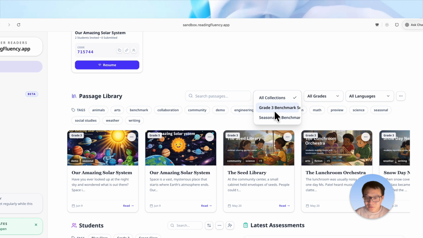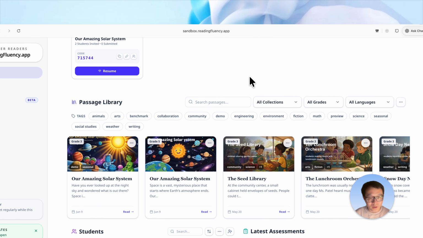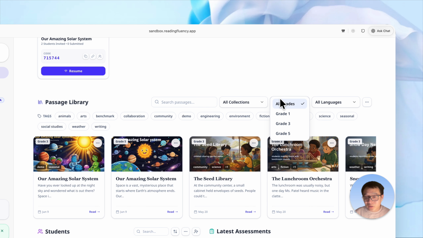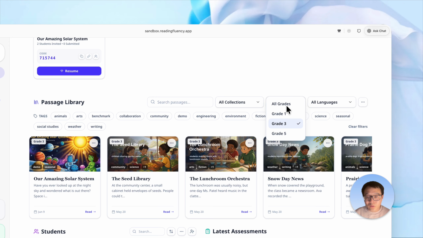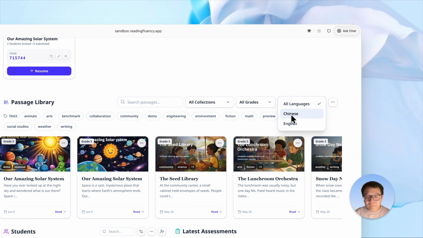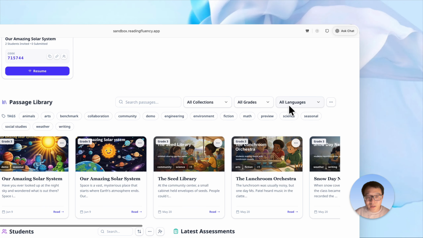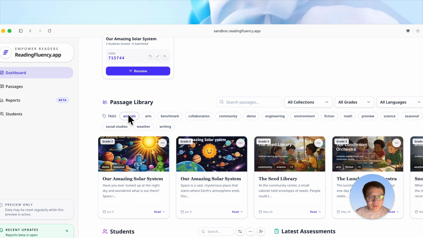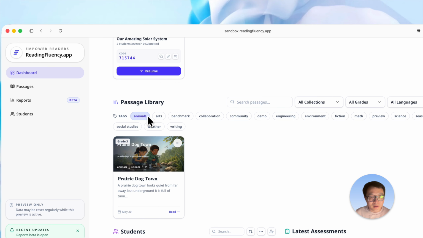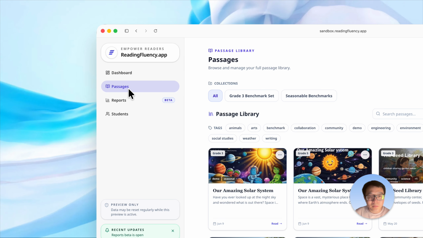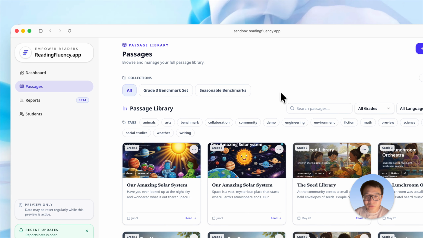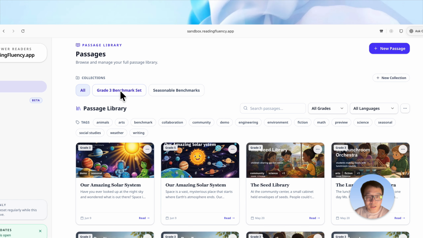Connections are like a list of passages that you organize, and you can also filter the passage by the specific grade or the language. And of course, you can filter by the tags. Same thing with the passage type, except now you also will be able to look at the connections